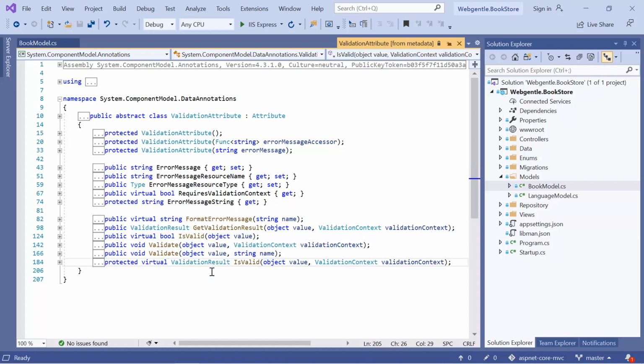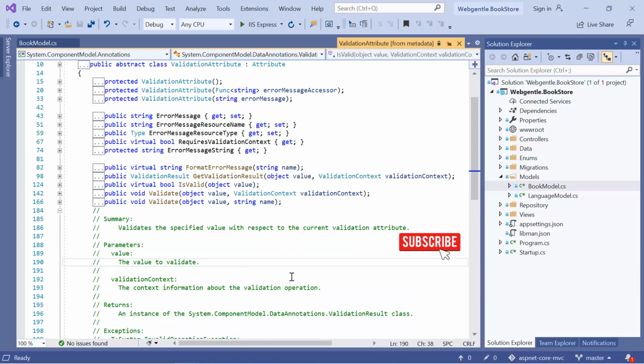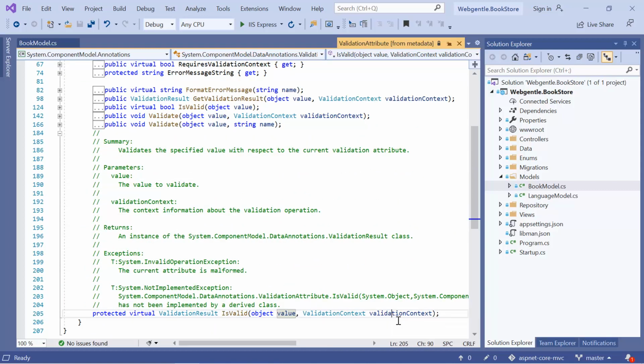Let's talk about the second one. The return type of this one is ValidationResult and it expects two parameters. Let's see the details of the parameters over here. First one is the value that we will pass from the view to our model. Second is ValidationContext. So here are the details of the validation context: the context information about the validation operation.